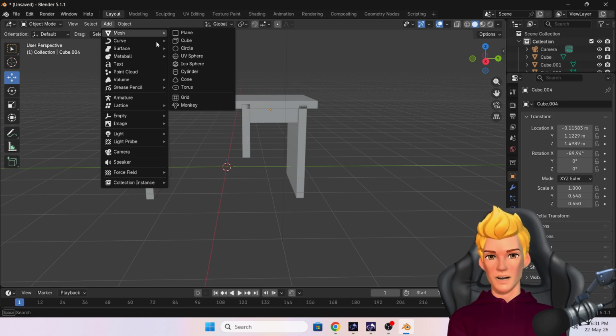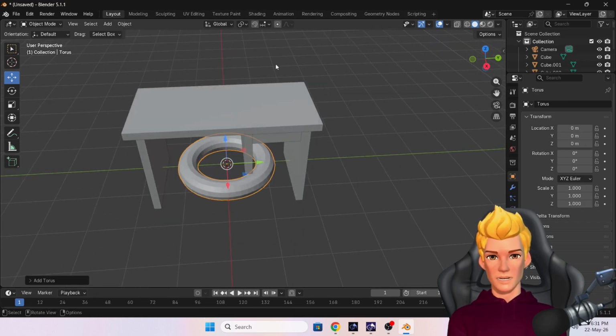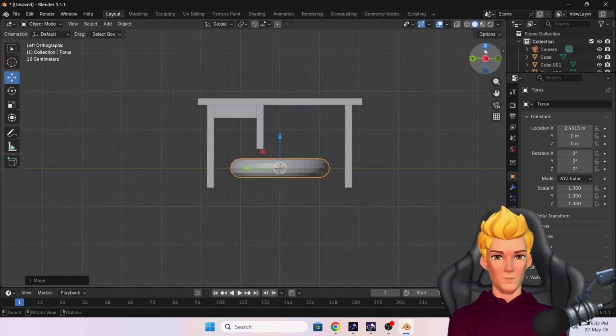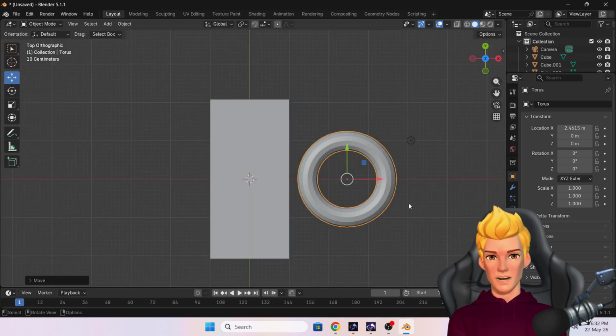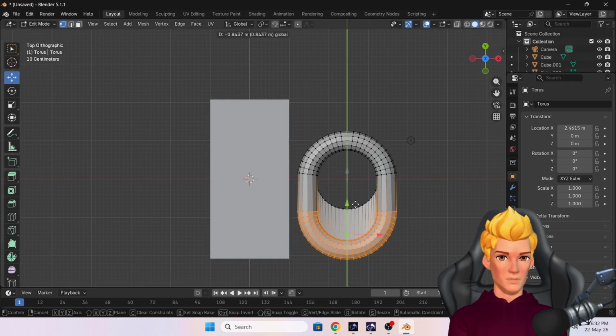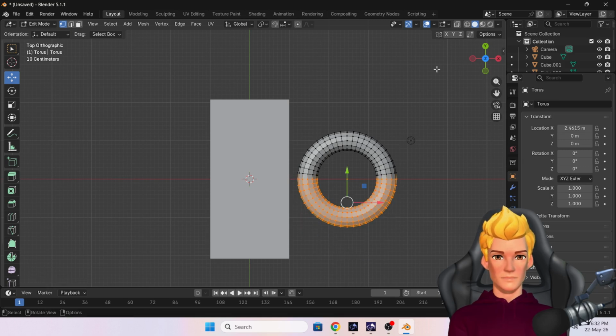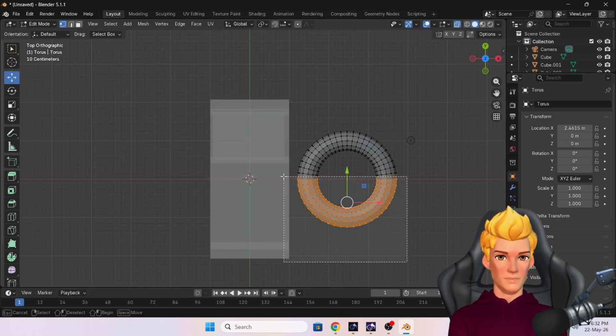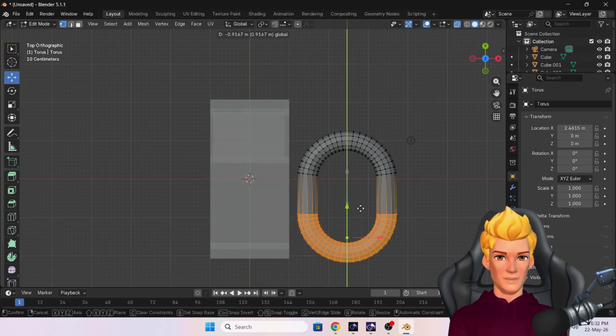Now add one torus, click it here, go in Y mode, Z mode, and then again go in vertex mode, select all these vertices, move them a little bit here like this. Okay, wait, turn on the X-ray mode, select all the vertices, move them a little bit like this,